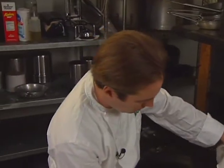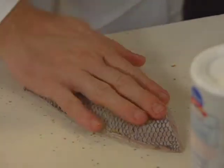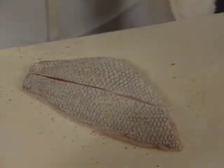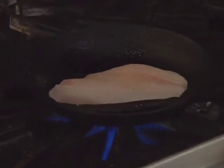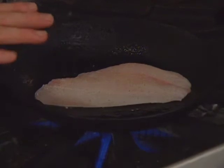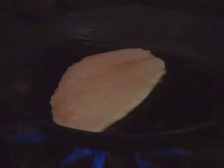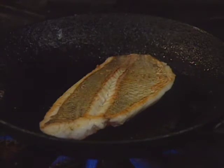Both sides are seasoned with salt and pepper. It's wonder flour, just a touch, not much. A little olive oil is in the pan. And since we've cut the skin, the fish stays flat, it doesn't bow up. Light brown. Once we get it over to this side,